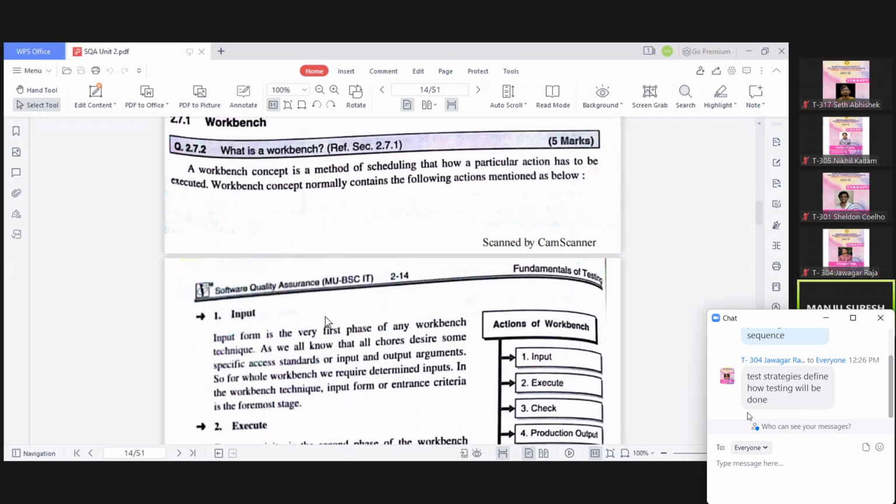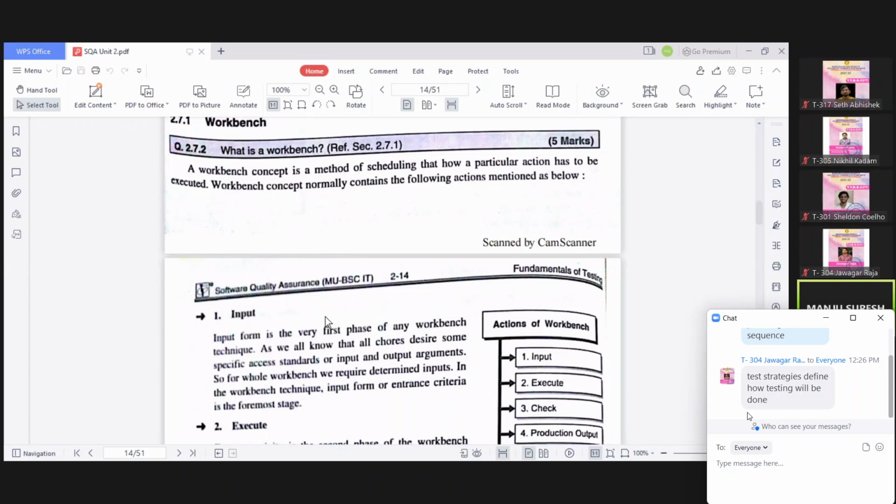See, what is a workbench here? Workbench, if I define it, is a way of documenting how a specific activity has to be performed.